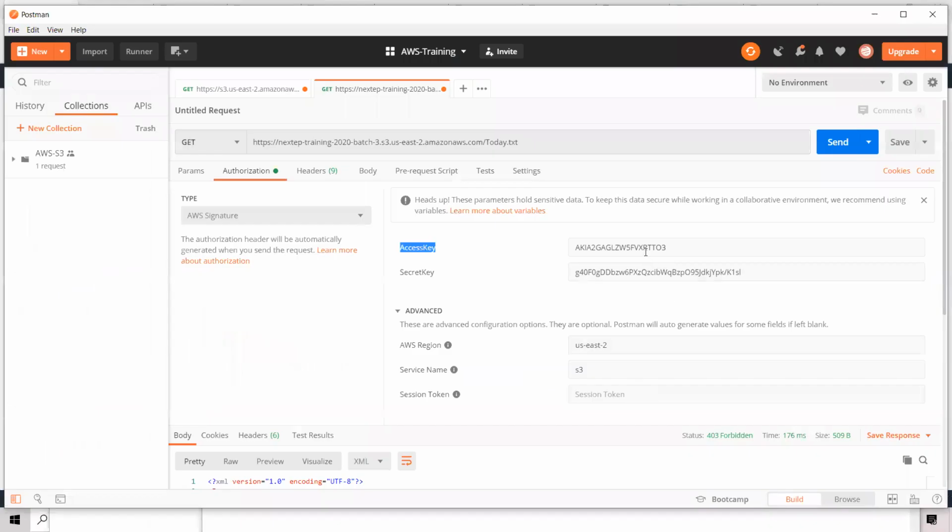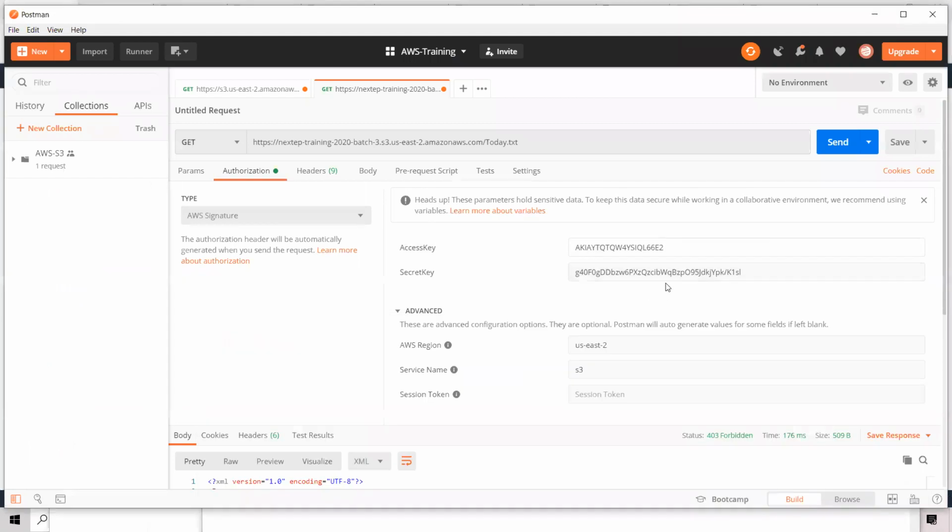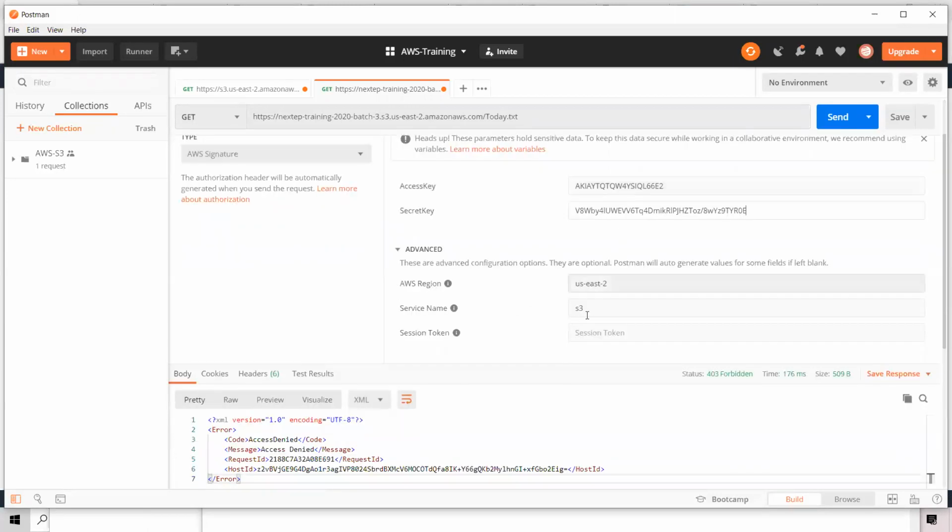We have an access key and secret access key. These are user ID and password equivalent. Access key ID, that's what they call it, access key ID and secret access key. If you're familiar with OAuth 2, you probably are familiar with this. OAuth uses the same standards. So this is a user ID and password equivalent.